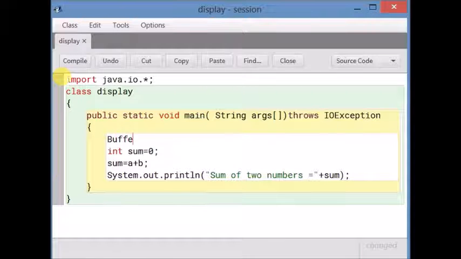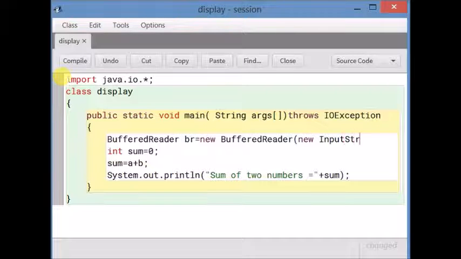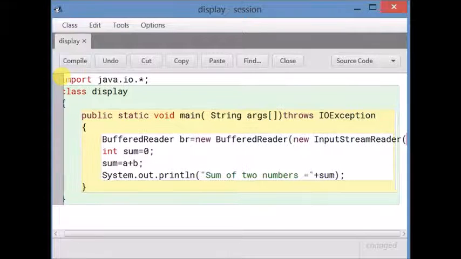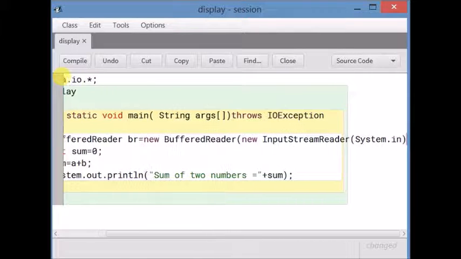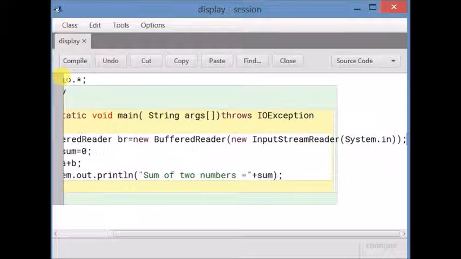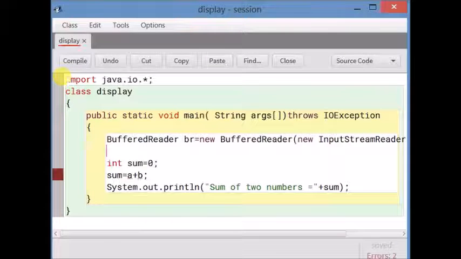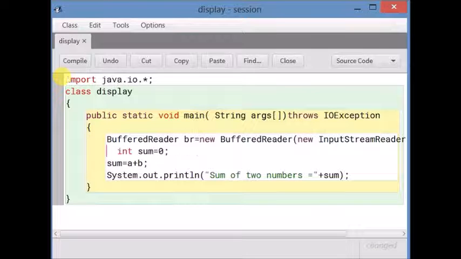Now coming inside the main, we have to create the object of the BufferedReader class. As usual, I used to write br for BufferedReader object. So BufferedReader br equals to new BufferedReader, new InputStreamReader, System.in. This is given in 2 lines in your book. It is given, but I have merged it and I used to give it in 1 line, as I have already given you in the 9th standard.